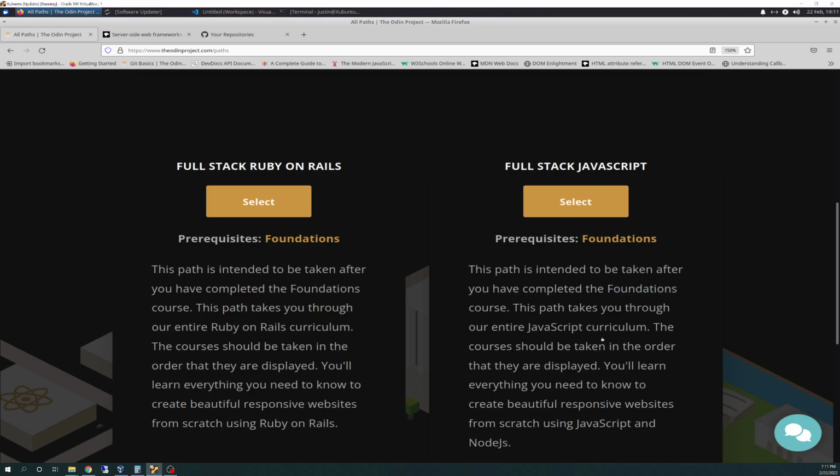But the thing that I'm really honed in on is that, in my opinion, up to this point we've learned the basics of JavaScript. So it only makes sense to me to continue building on JavaScript, and using it in the backend will be easier to learn since we've already learned the foundations. We learned about arrays and variables and functions and loops and all that stuff. So it just makes more sense versus Ruby. Yeah, you still have those basics, but the syntax is different, and you're going to have to relearn that part.